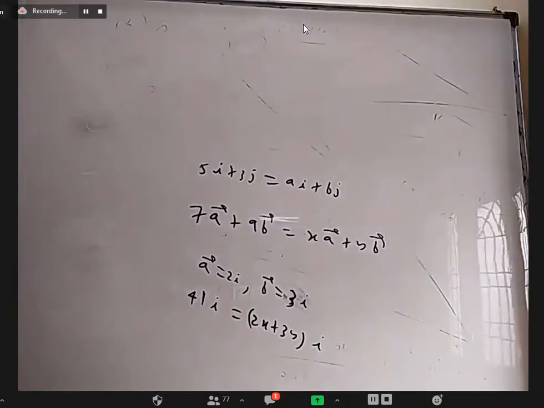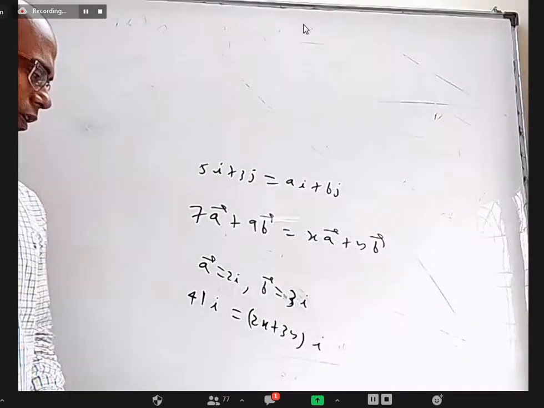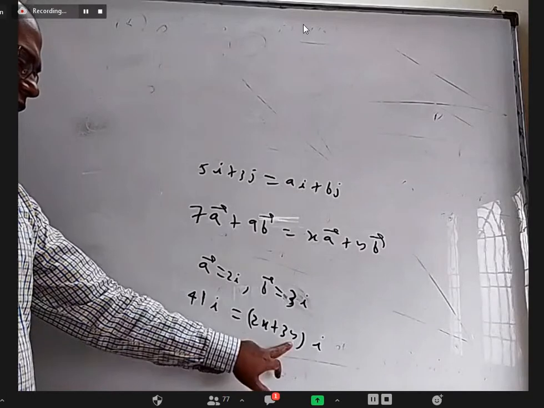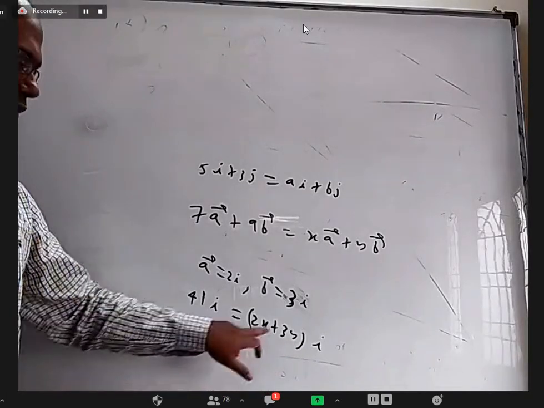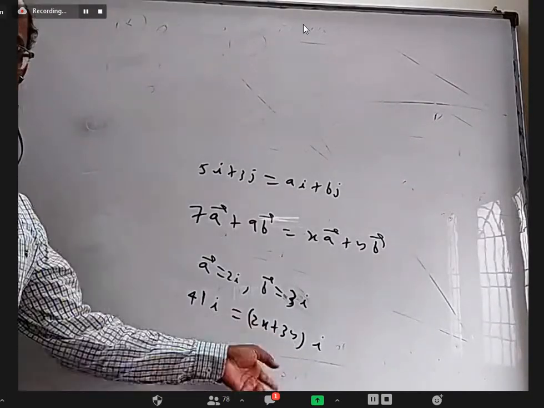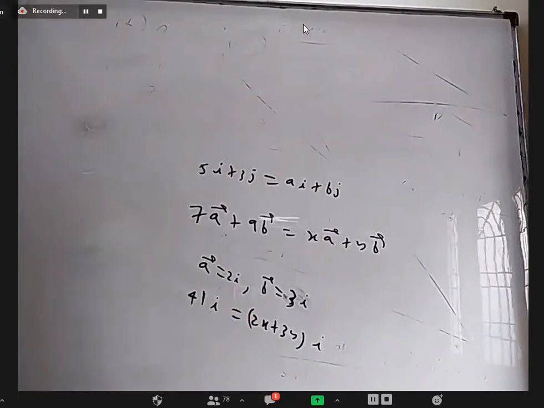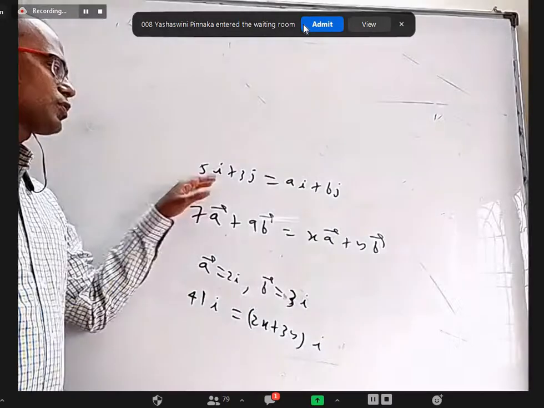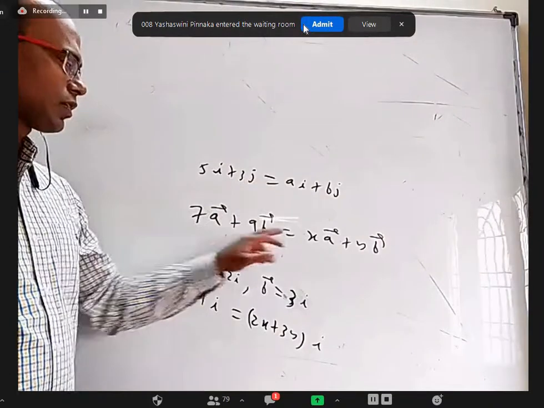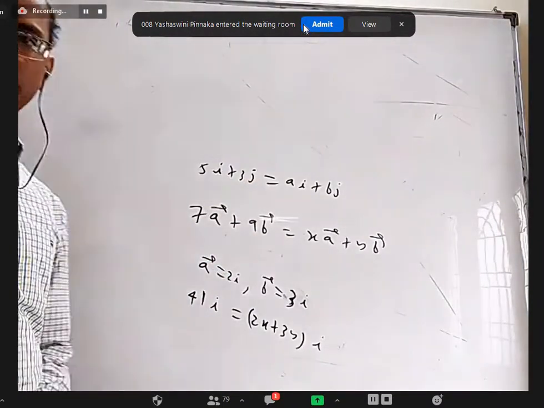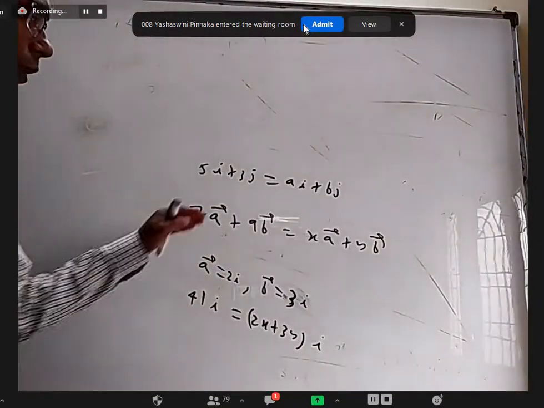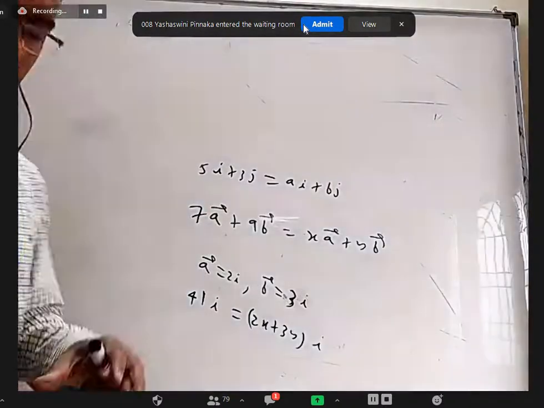Now tell me, do you still say that x must be 7 and y must be 9? No, there are many combinations, right? You can fix, let's say y is 11, you'll get some x value. Put y equal to 21, you'll get some x value. Put y equal to 1000, you'll get some x value. So here we are able to say a equal to 5, b equal to 3, but here we cannot say x is 7 and y is 9. When can we say that? I'm going to explain those parts.